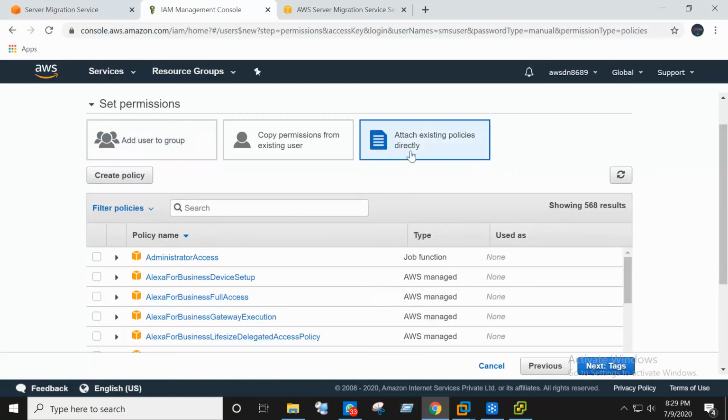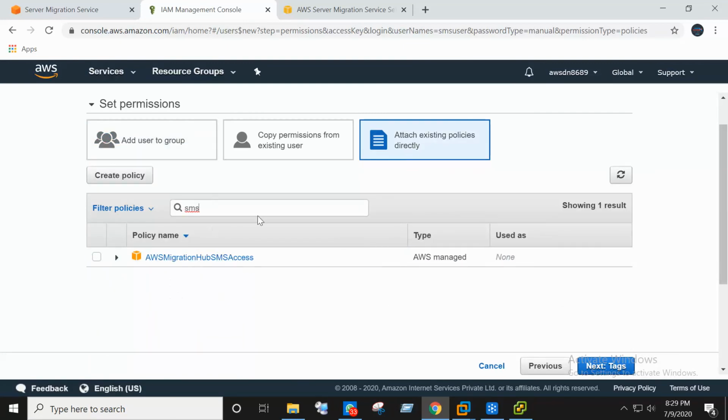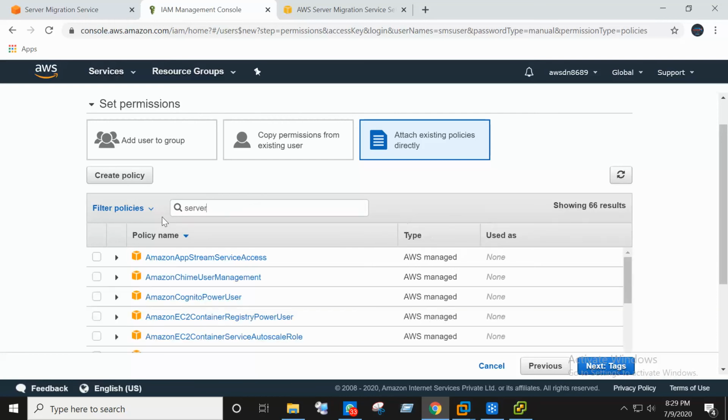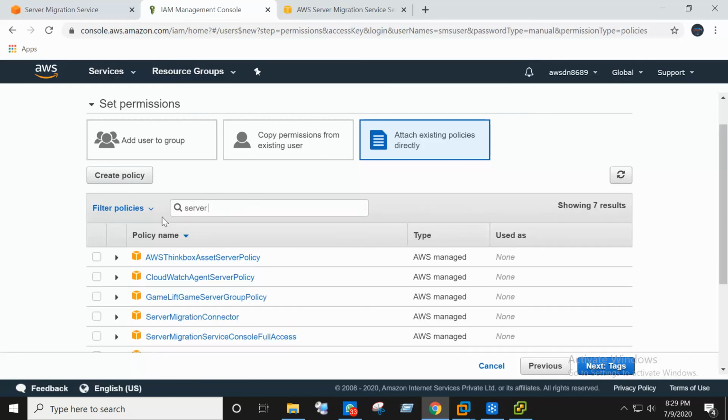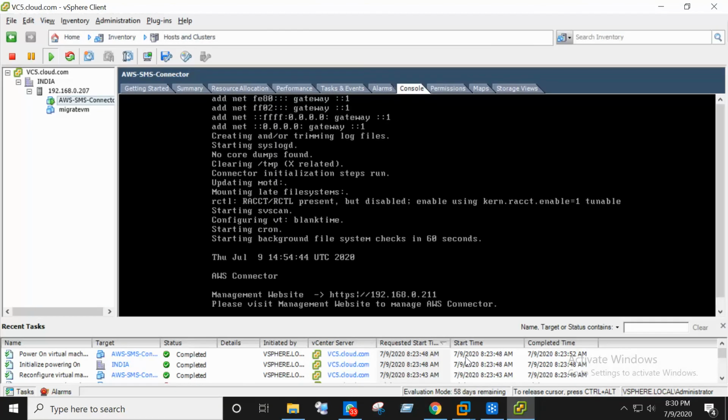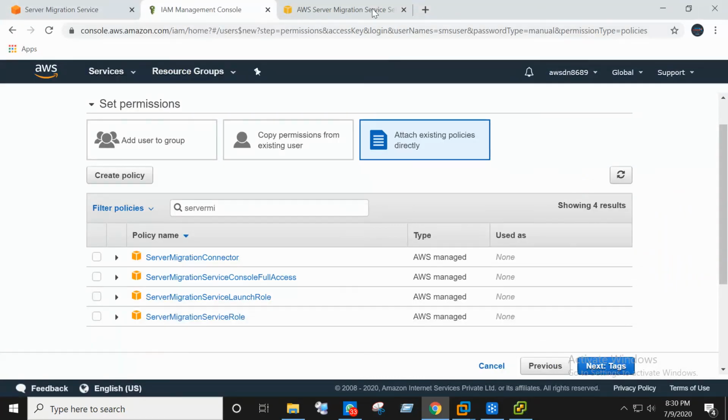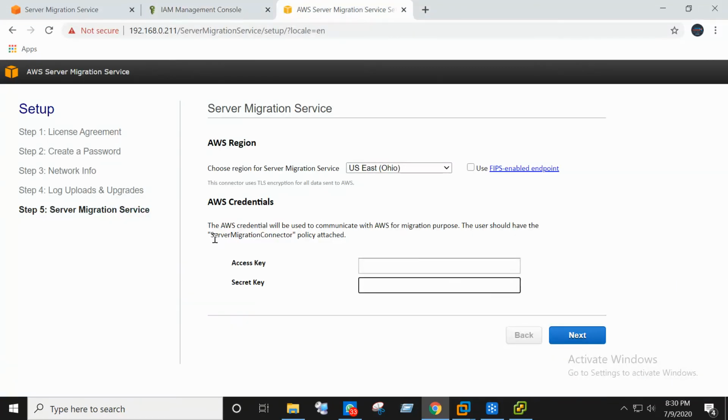What is the policy name, guys? Sorry, Server Migration Service role. You can check here: Server Migration Connector.